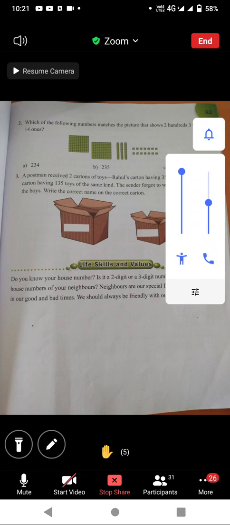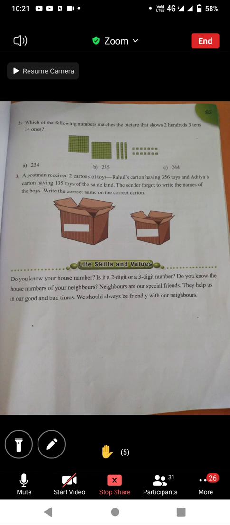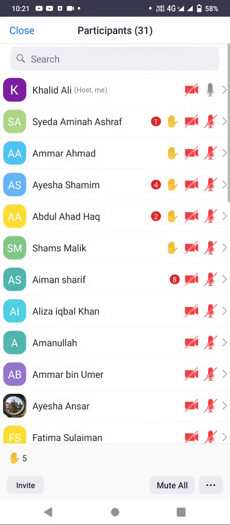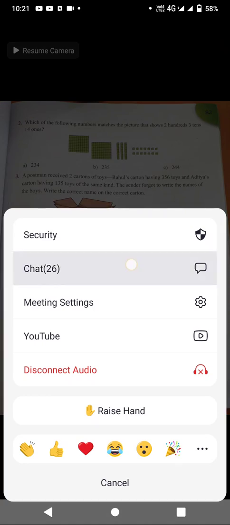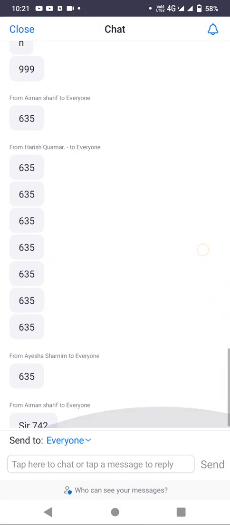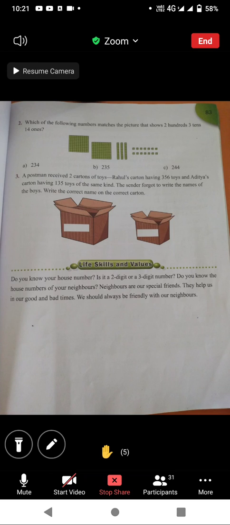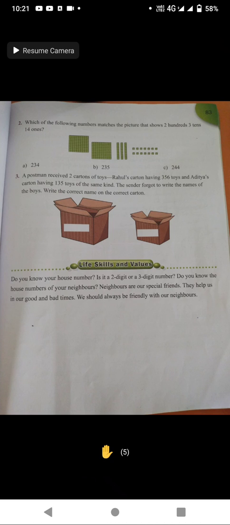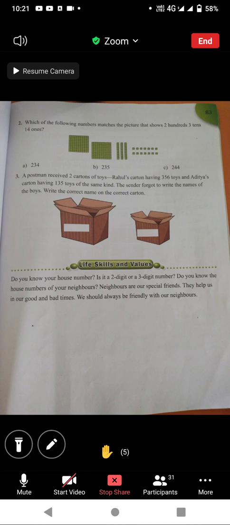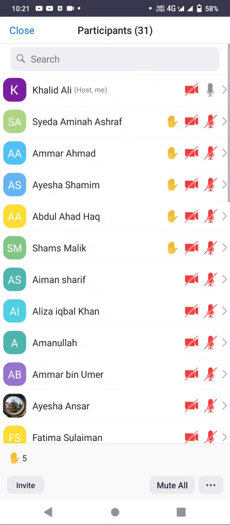60% of 10,000. Can you tell me about this one? Let me check it. 6,000. You are telling 6,000. Let me check it. 60% is 60 with a multiplication sign and 10,000. Students, find out which is correct. With the help of these two zeros, we can cancel these two zeros. So 6 on the 6. Three zeros are here. So it will be 6,000.